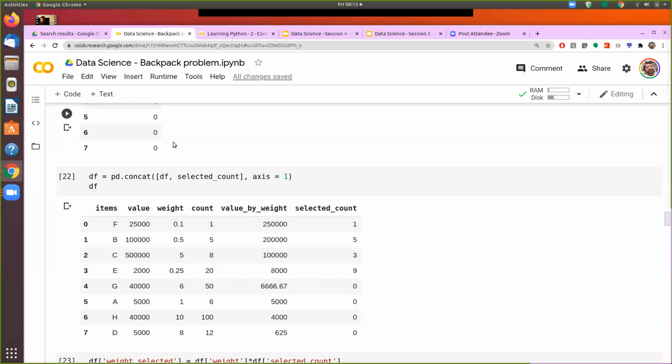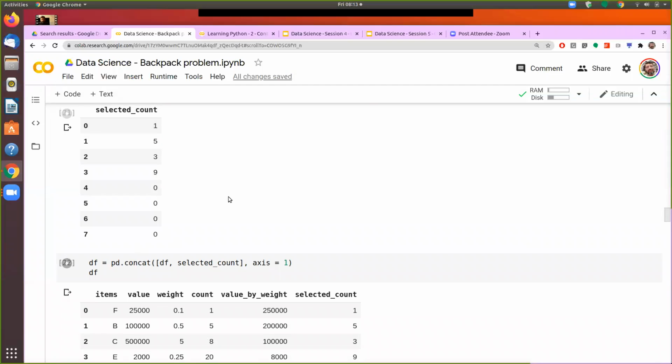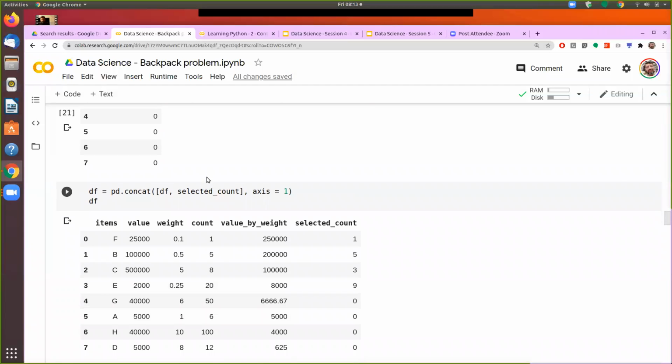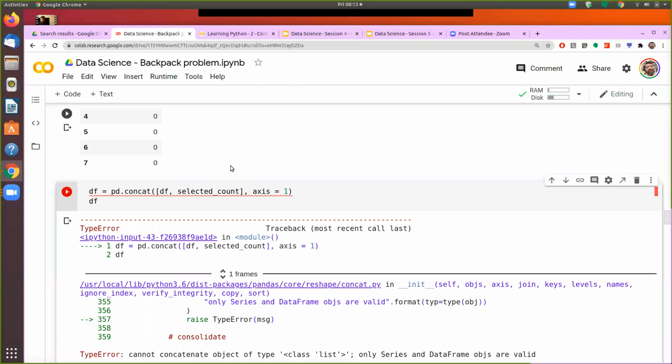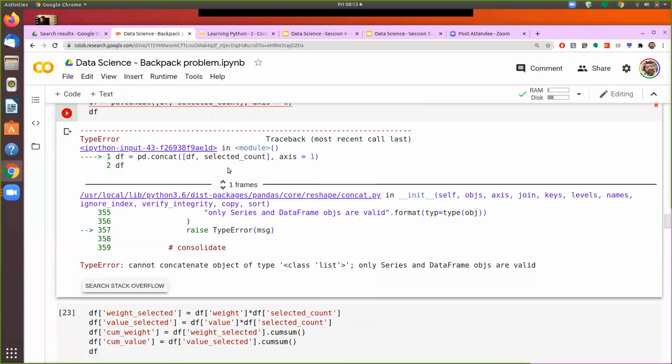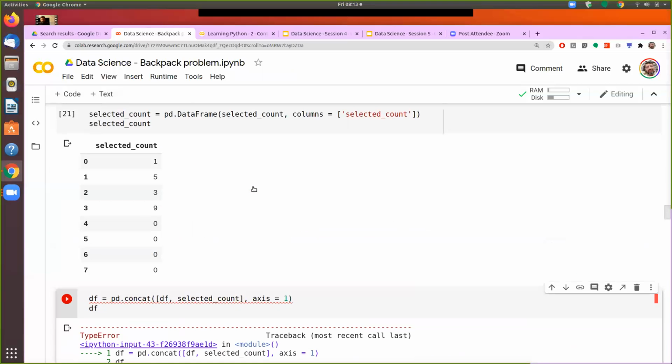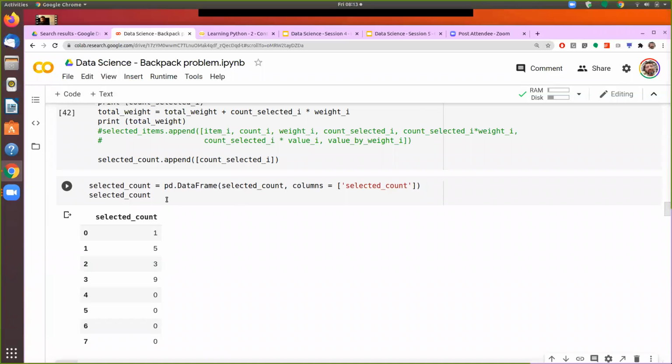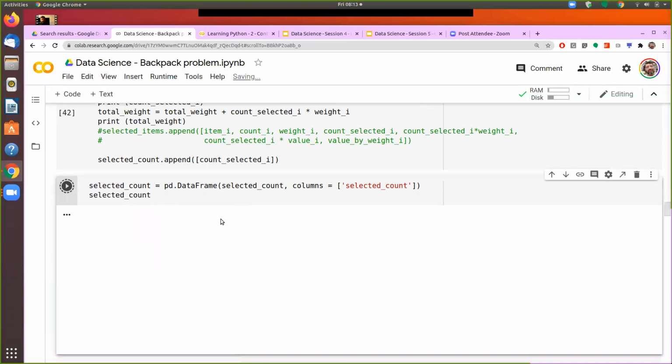Now I take the items which I have selected and I put that in my table, so that in the same table I have that information also. Why is it giving so many errors? Oh, I have not run this cell.